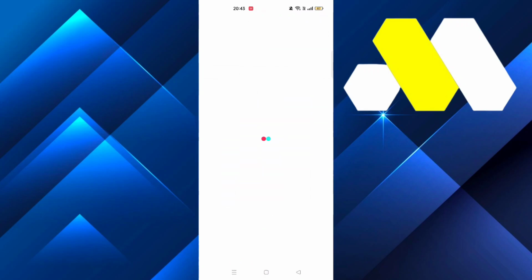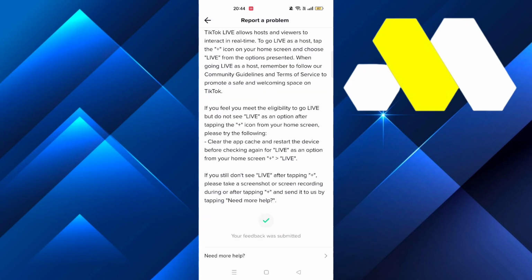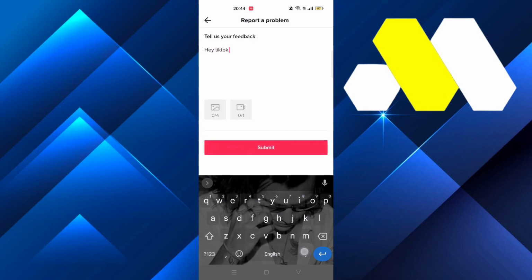and then go to how to start a live, and then go to no, and then scroll down and you'll see need more help. From there just say, hey TikTok, I'm over 18 and I follow all of the TikTok guidelines. Please help me get the live option feature. Thank you. And once you submit, within 24 hours your account will be reviewed and then that option should be